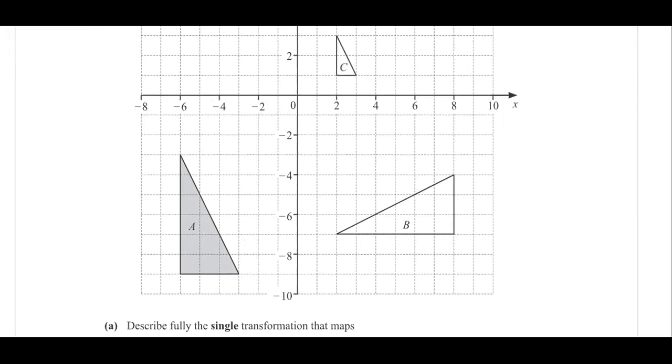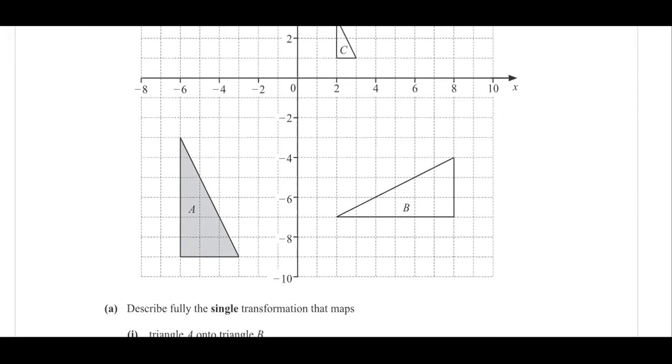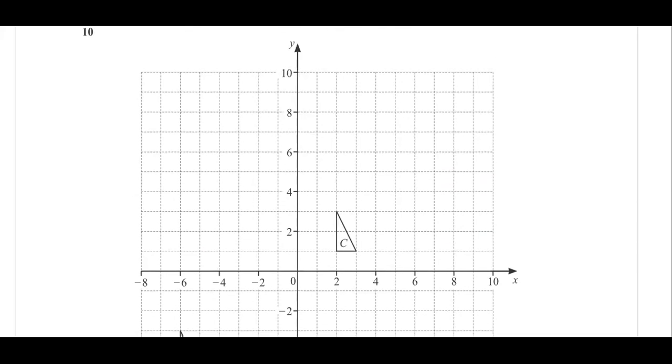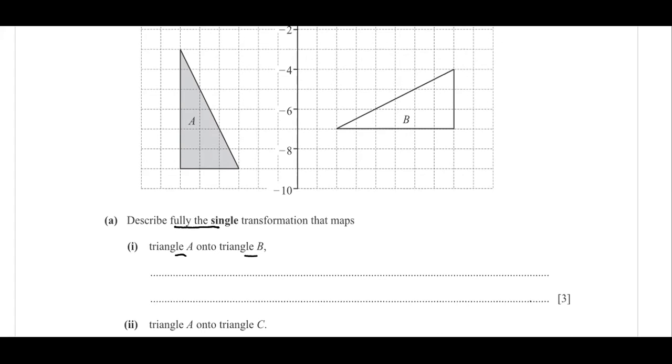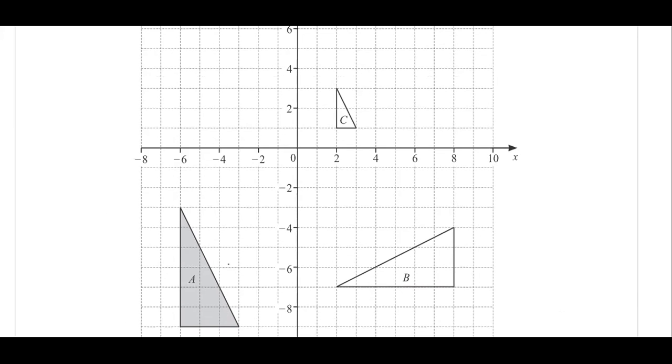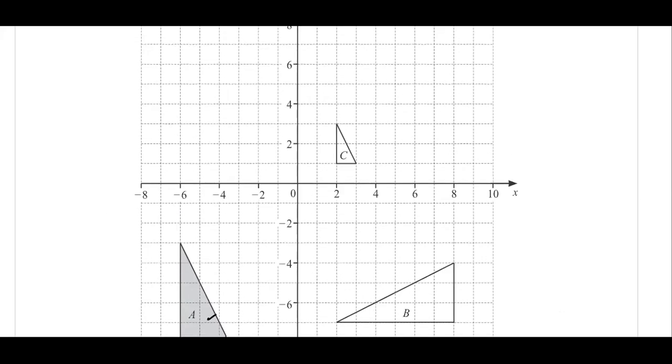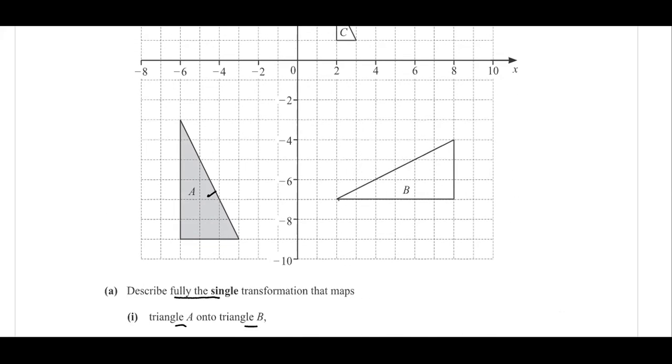This one is a question on transformation. In the transformation, you have been asked to describe the transformation from triangle A onto triangle B. A trick I'm going to tell you: 3 marks are there. 3 marks will be either for enlargement or for rotation. So look at this one. This is A. You have been asked from A to B. This is B. So they are of the same size.